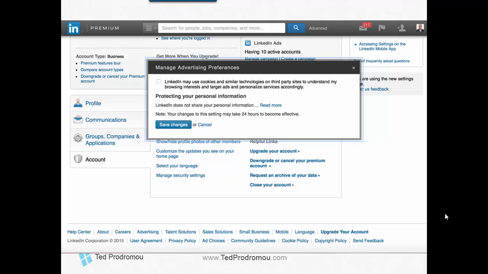So they kind of watch your browsing habits with cookies, and then they'll target you with ads based on that. And they had a setting, I don't know if it's still in here, where they could actually take your profile picture and your professional headline and your name and show it in ads on other websites. So you had to turn that off manually too. They got a lot of heat for that one.